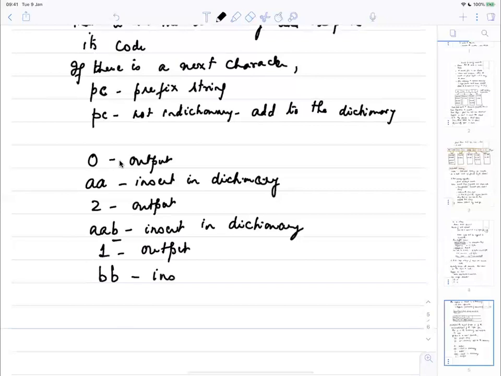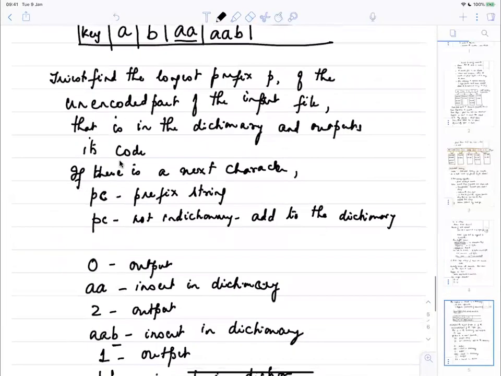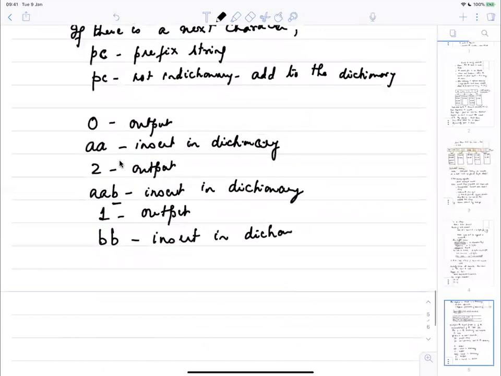So you insert the unencoded part in the dictionary. So what have we done? We have output the code for the first B, and now what do we see? We see two Bs. It's already there in the dictionary. So now you output BB,